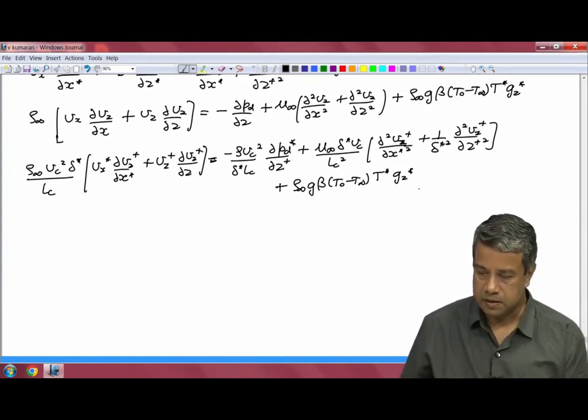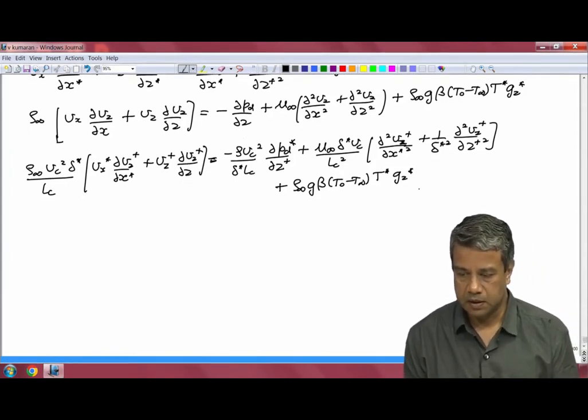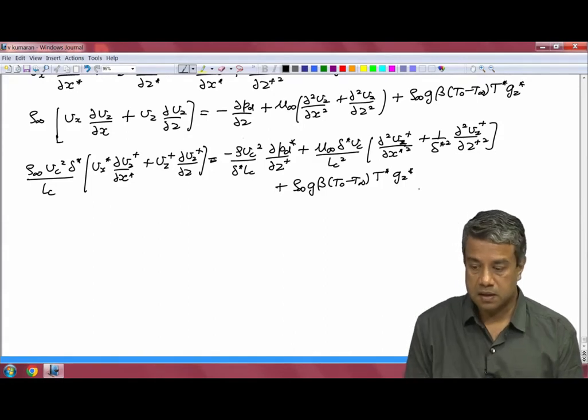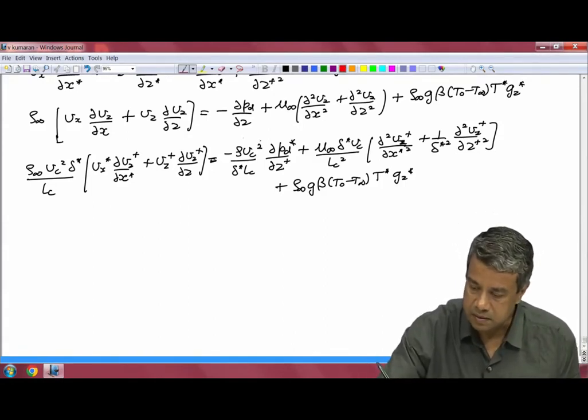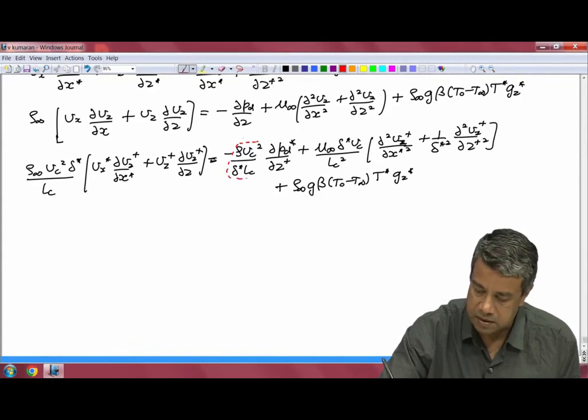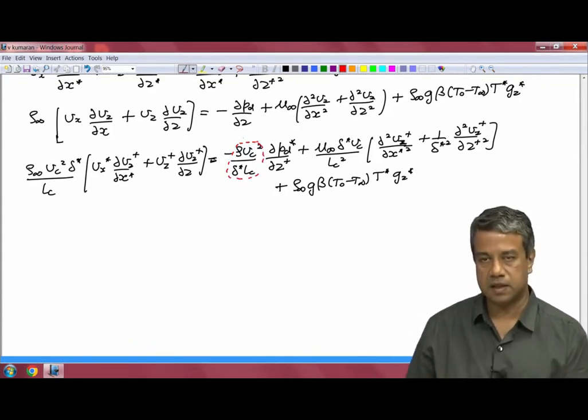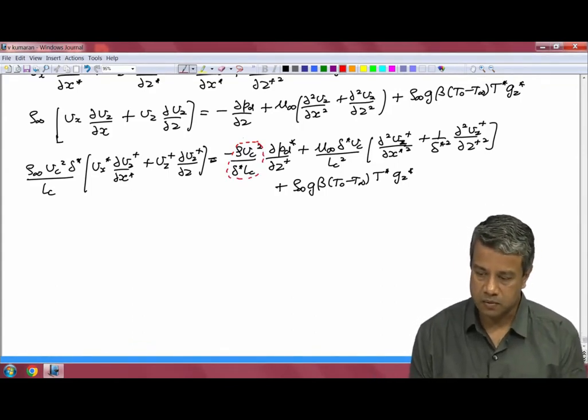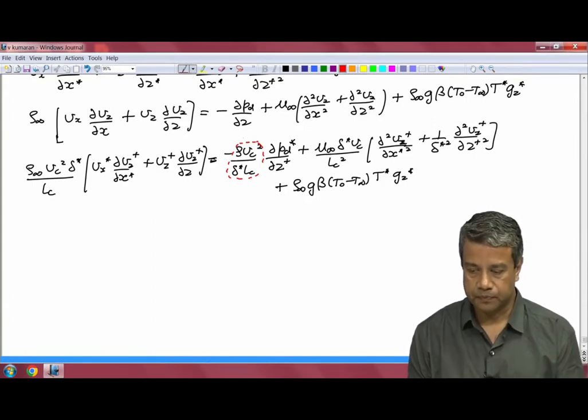So that is the equation. Turns out the largest term here is actually this term, because it is proportional to 1 over delta. Therefore, I can divide throughout by this largest term, because it's proportional to 1 over delta,